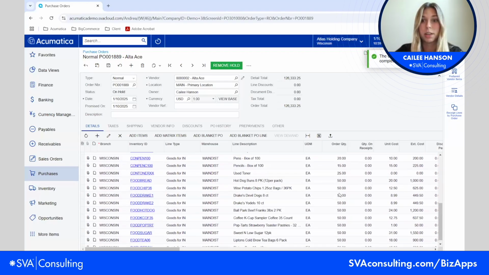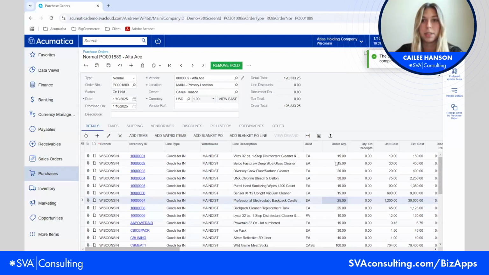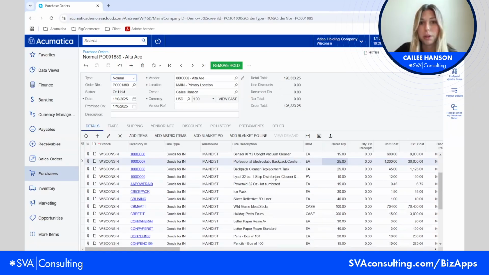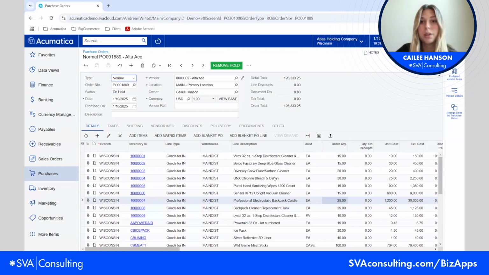It updated those quantities at the bottom based on what I updated in the Excel sheet, all for me. So I didn't have to go in and manually make any changes within Acumatica. I could update that Excel sheet, just re-import it. And again, it will override those values based on that upload settings. So pretty straightforward there. That's option 2 in terms of making that process a little bit easier on